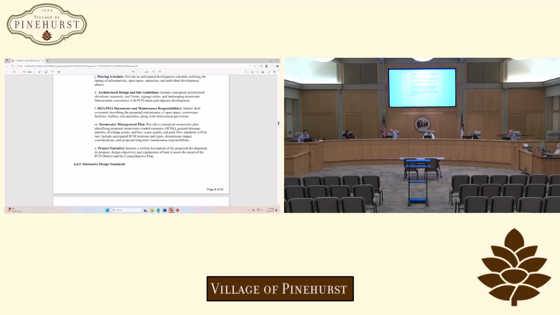We see it within Pinehurst here and there, that some HOAs are struggling, and they come to the village asking for us to take their streets and things like that. So within this particular scheme, you can make sure that there's sufficient enforcement capability that they can in fact maintain their infrastructure. And sometimes HOAs have even more strict rules than we might have in a master plan. Very common.